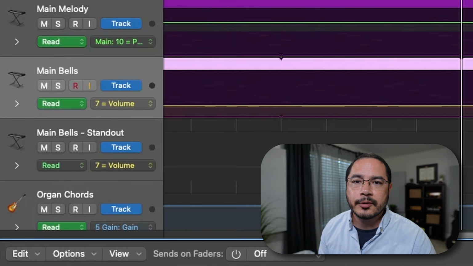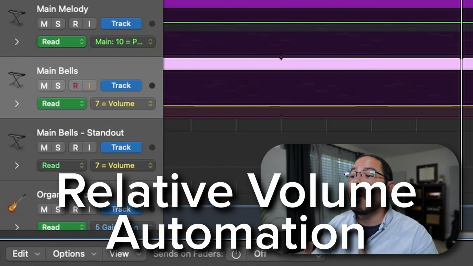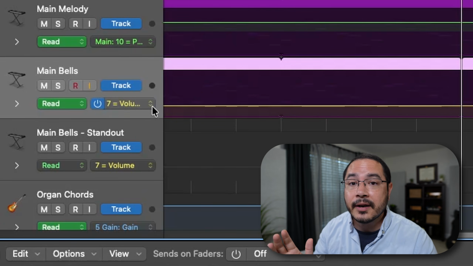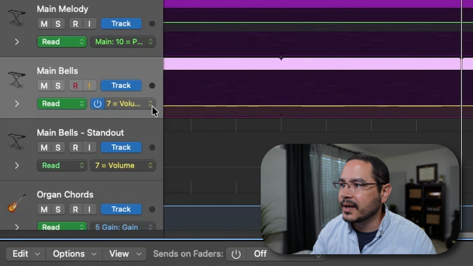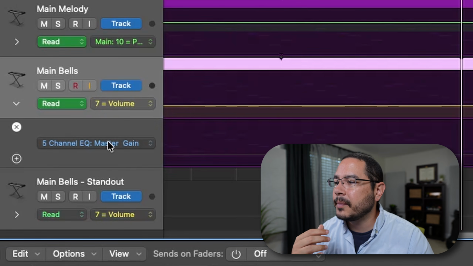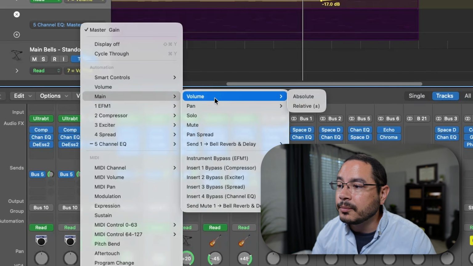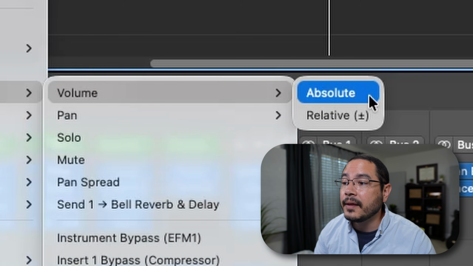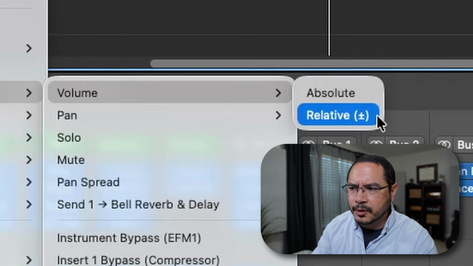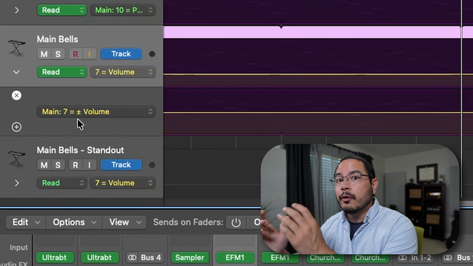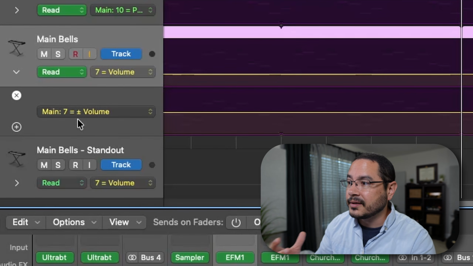So in the past 10 years or so, DAWs have started offering a whole separate automation lane for another type of volume. What you haven't known is this default volume that hijacks your fader is the absolute volume setting. And if we open up another automation lane, we'll get off of our old master gain. If we go to main and go to volume, you see the absolute, that's our default. And then we have this relative with a plus or minus sign. Let's select that and we'll see that it is indeed a volume, but with a little plus or minus sign in front of it, right next to the equal sign. So that's kind of a problem because it's visually confusing.